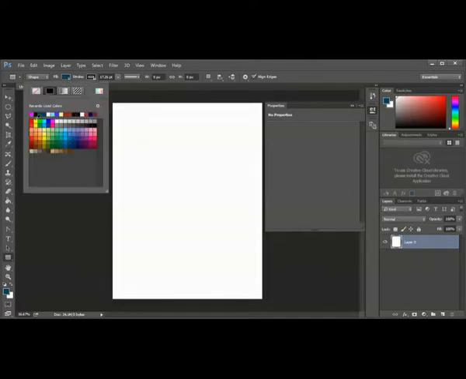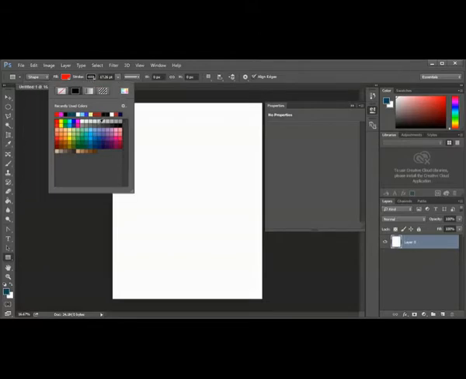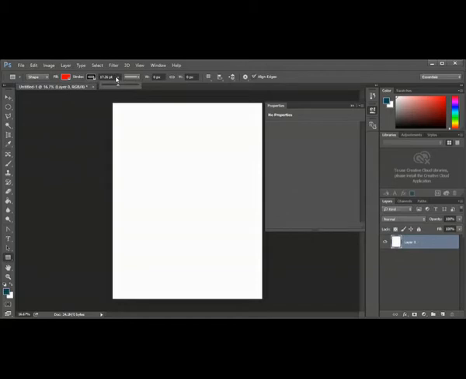So I will use a red color. And this is the stroke, meaning the border. What border color do you want? Let's use black. This is the thickness of the border. I will make it very thin. We will learn this in detail later.